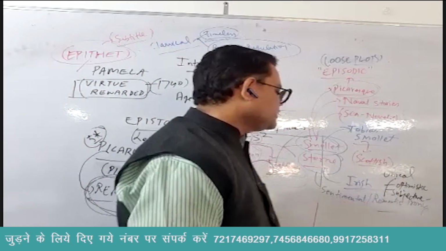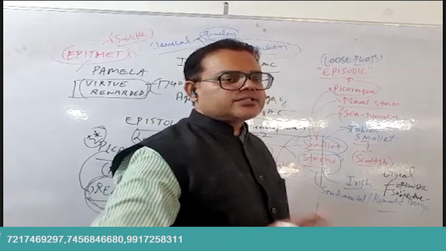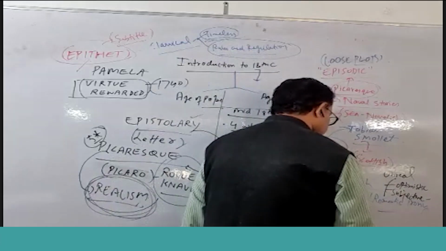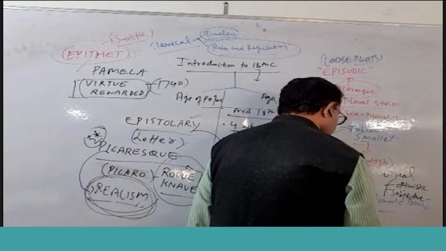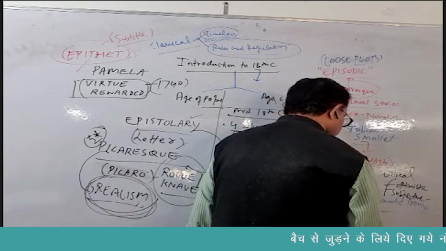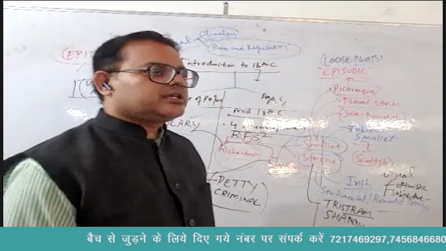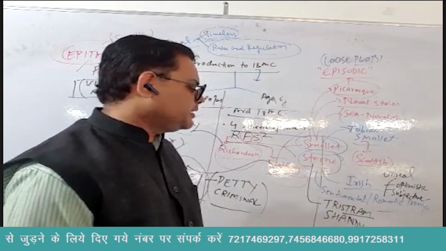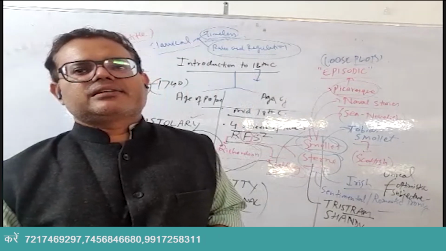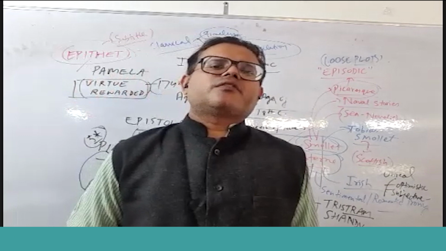So that brings me to one of the most important novels ever written in English history, also called the precursor of modern novels, and that is Tristram Shandy. The name of the novel itself is very, very unique. Tristram Shandy. Please write the spellings very carefully. Essentially, Tristram Shandy is called the precursor of modern novels.